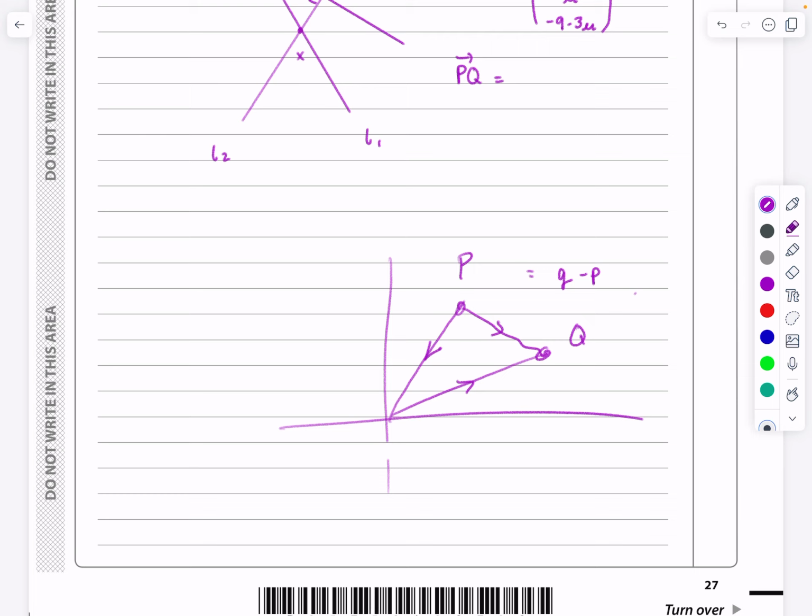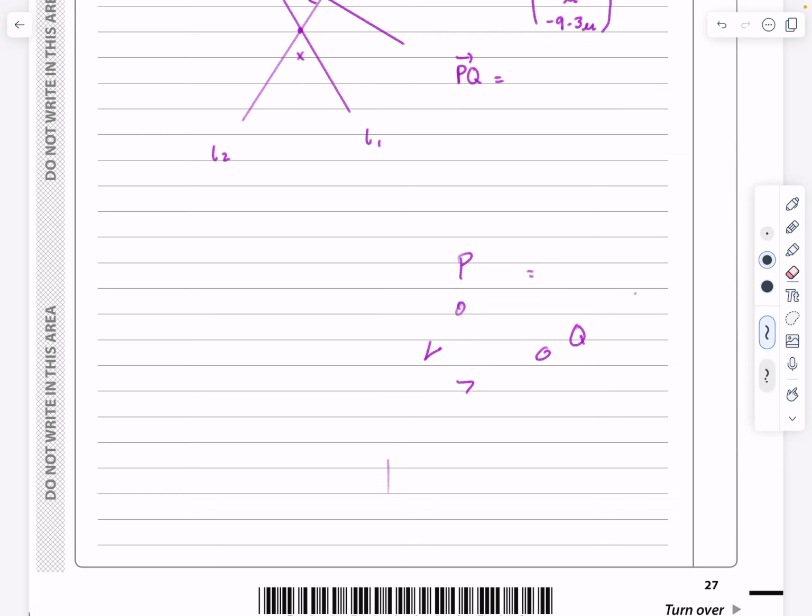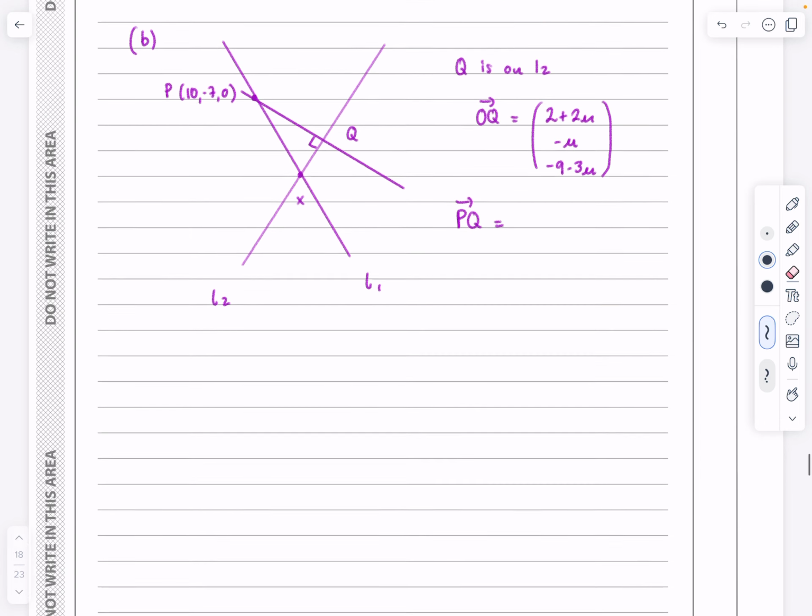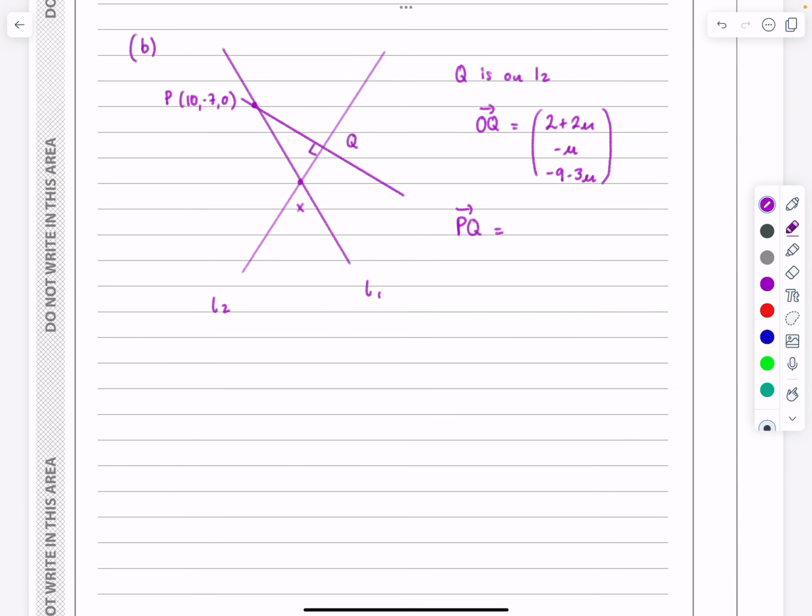So in other words, Q minus P. I've done that really quickly because I would be very disappointed if any of my students did anything other than say straight away, PQ is Q minus P, or rather is (2 + 2μ, -μ, -9 - 3μ)